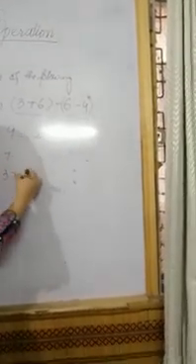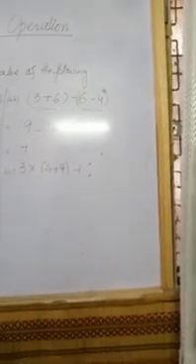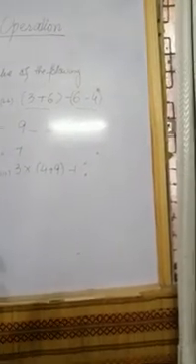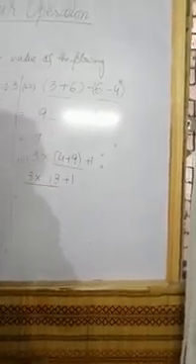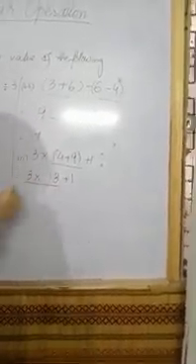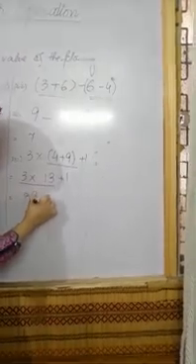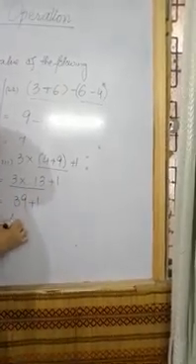Question number 3 is 3 multiplied by 4 plus 9 minus 1. So again we have to use the BODMAS rule over here. Sorry, plus 1 is over here. In it first we have to solve the bracket. So this will be 3 multiplied by 13 plus 1. Now here multiplication and addition are present. First of all, we do the multiplication and then we do the addition. So this will be 39 plus 1, which is equal to 40.